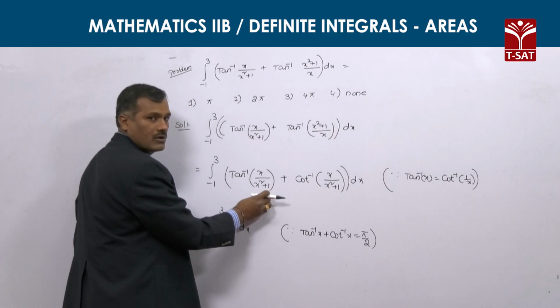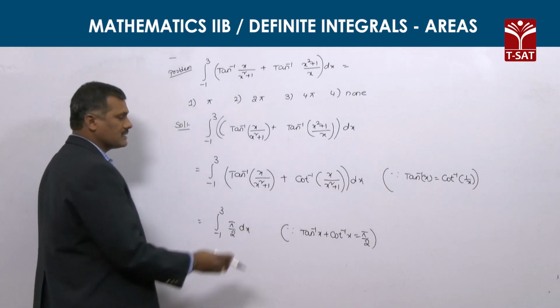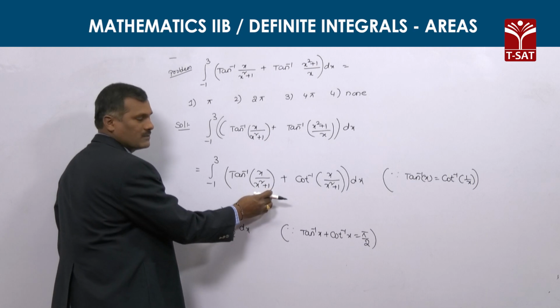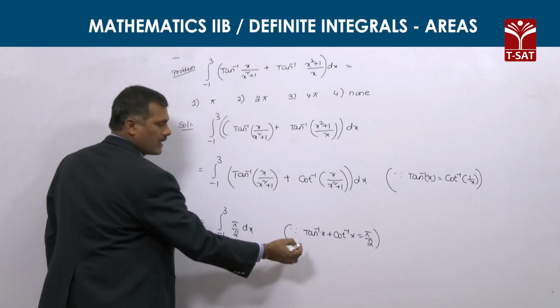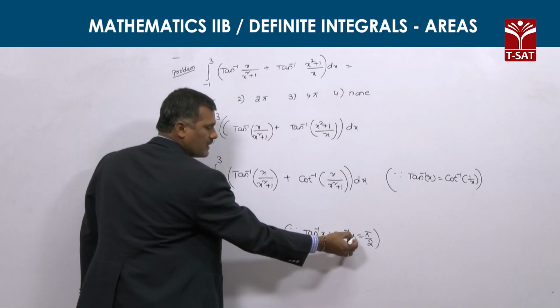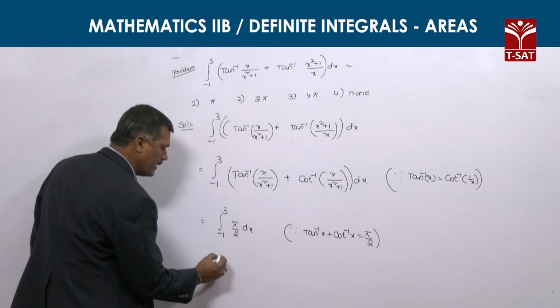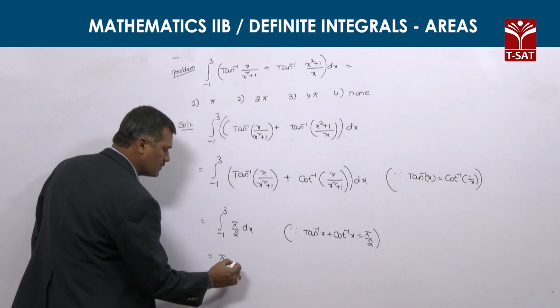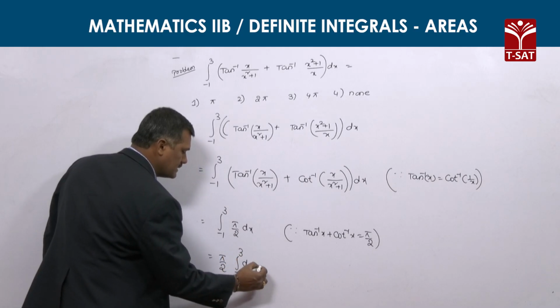In both functions the same angle x. Here x is nothing but x by (x square plus 1). Here also x is x by (x square plus 1). That's why you can apply the formula tan inverse x plus cot inverse x is equal to pi by 2. That is a constant, and taking it outside, integral from -1 to 3 of dx, that is equal to